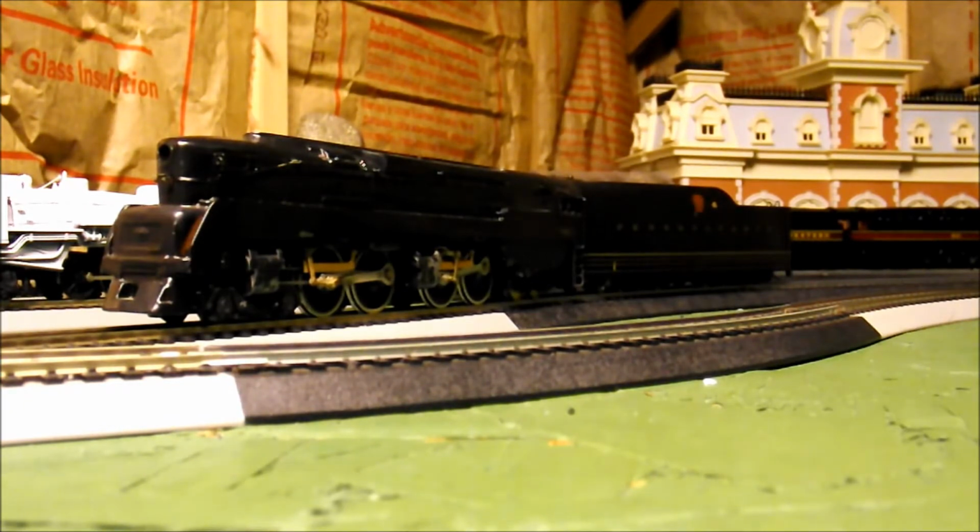Also, another reason I haven't really been investing much time in the layout out here is because I've been devoting some of my money towards a new interest and a brand new layout that is taking construction inside my house. But we'll get to that in just a few minutes. First off, let me start off by showing you some of the new items that I picked up over the